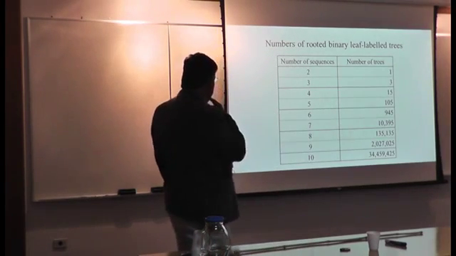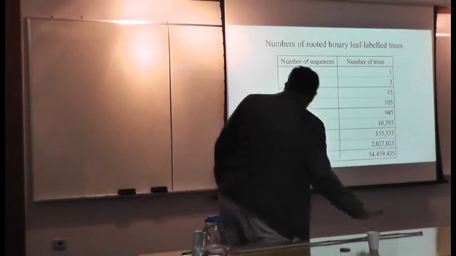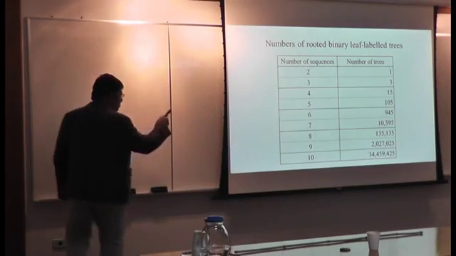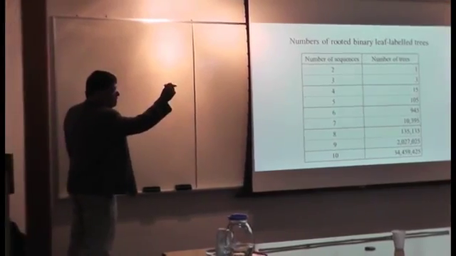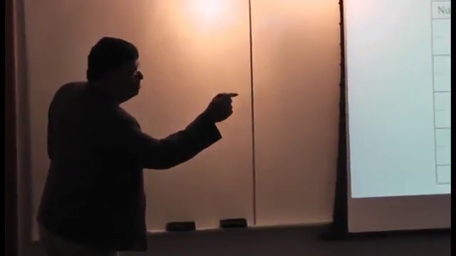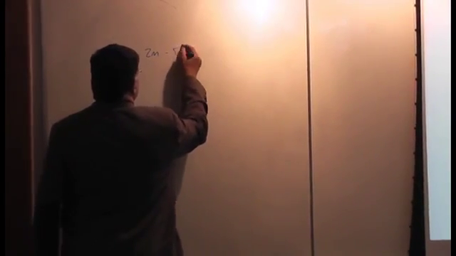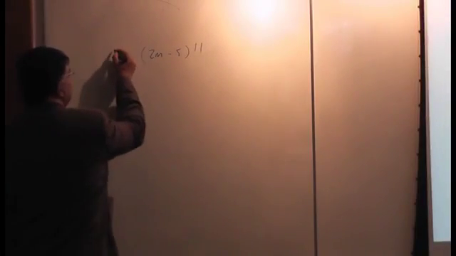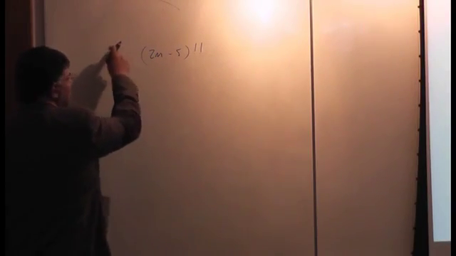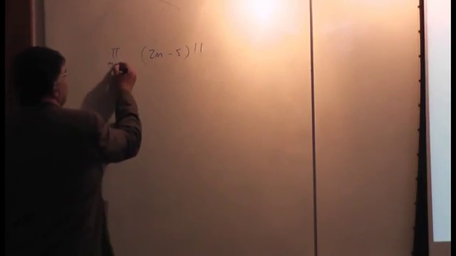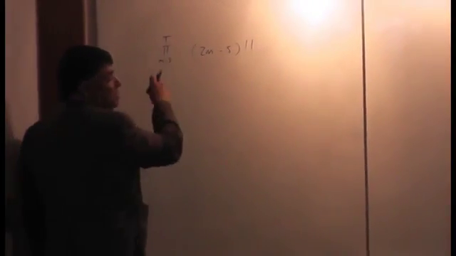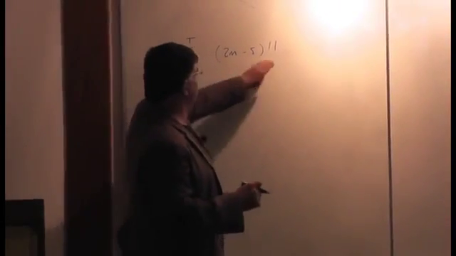Okay, so in case you guys are curious about what is this progression, you easily find it on the internet. If you put 1, 3, 15, 100, here it comes. It doesn't have a name, it has a number in the general files of mathematical sequences. But it's basically (2n minus 5) double factorial, which means a product of n from 3 to t, where t is the number of terminals. So if you keep doing this over and over again,